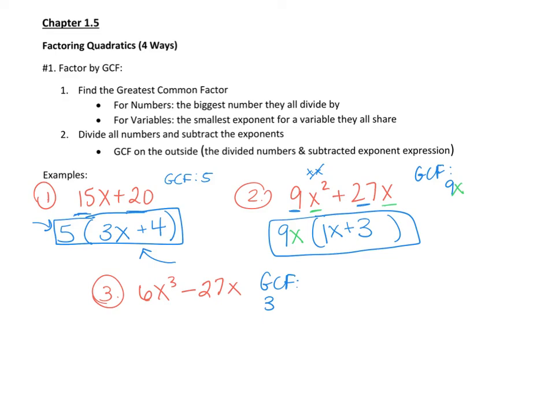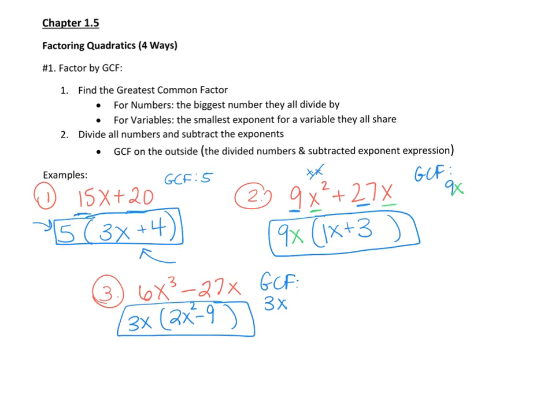I look at x cubed and I look at x. They both share just 1x. So my GCF is going to be 3x. I'm going to put that GCF on the outside. And now I'm going to take 6 divided by 3, I get 2. If I have 3 x's and I take 1 away, I'd be left with an x squared, because I have 2 remaining. I'm going to take negative 27 and divide by 3, I get negative 9, and I'm going to take 1x away, so I'm finished. This would be my